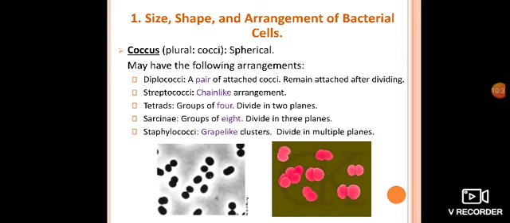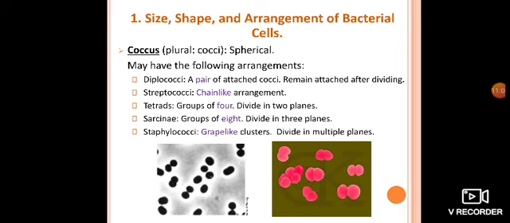Now the properties increase. The basic first property is that coccus means spherical. Now they are in tetrads. Tetrad means the basic number is 4. It is a group of 4, and they are specifically in a proper plane, divided into two different planes. In the next slide we can easily observe how they are divided into two planes. So tetrad means 4 in number, 4 in one group.